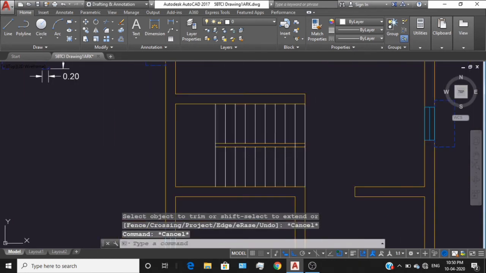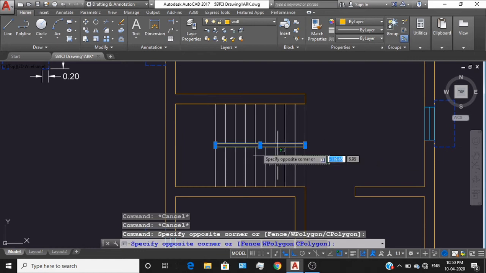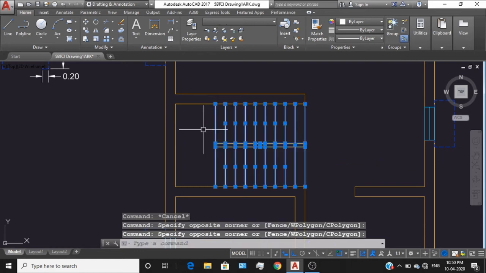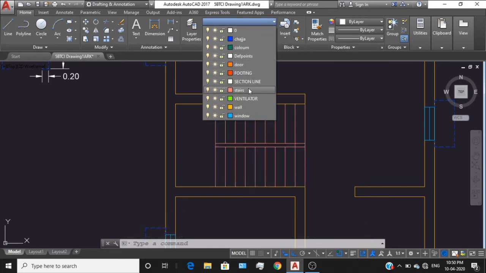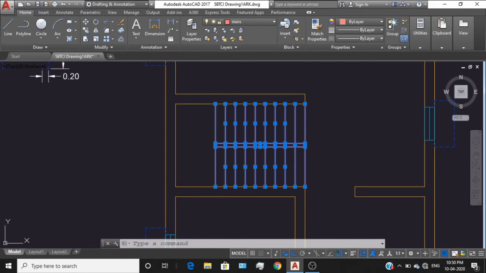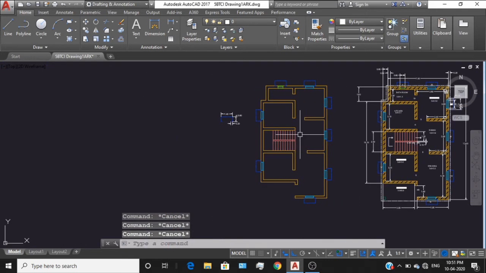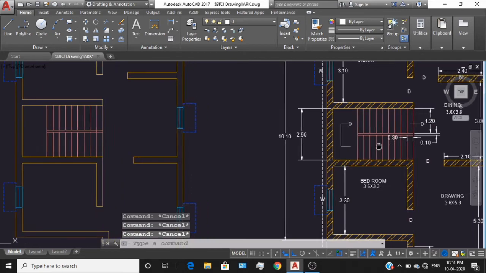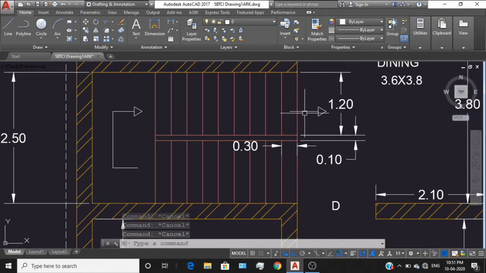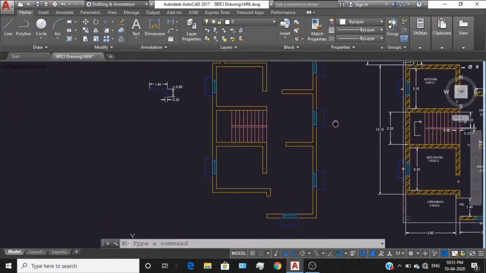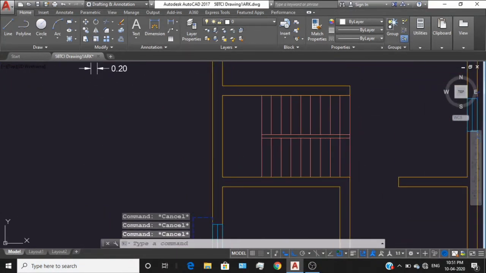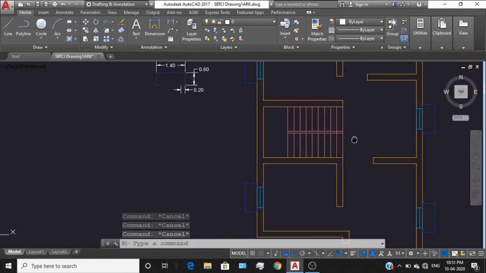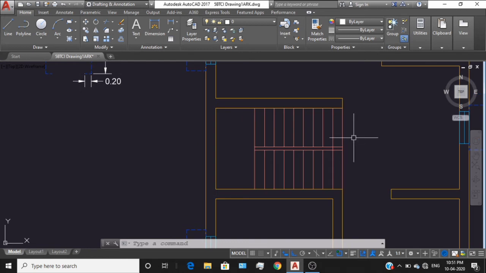Okay? Now what you need to do is select all the lines with the green selection, because I need to select all these lines and change the layer. Layer as staircase. I have already created it, so no need to create it again. Now what I need to put is these arrows to specify from where it will start and where it will end. You can give any kind of arrow, depending on the architectural views and structural designs. So we'll go to the simple line.